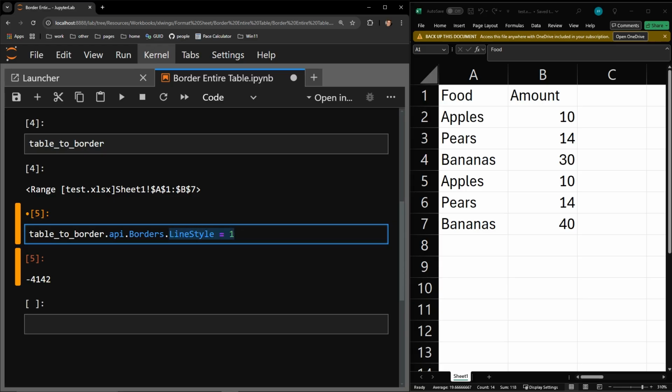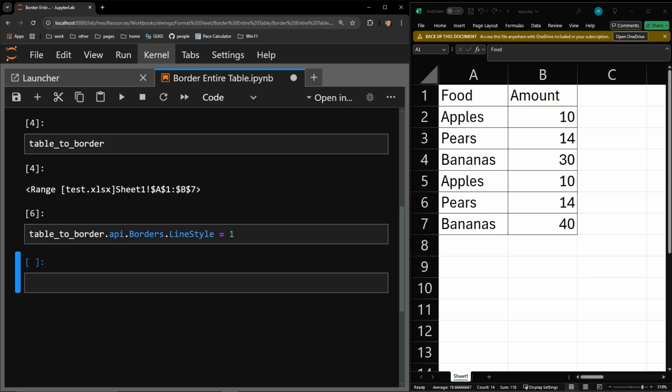To change this, all we need to do is apply a new number to this line style attribute. Let's assign it 1. Executed, you can see we have a thin border line applied to each cell of the table. This style is the default line style that you would obtain when using the Excel interface to accomplish the exact